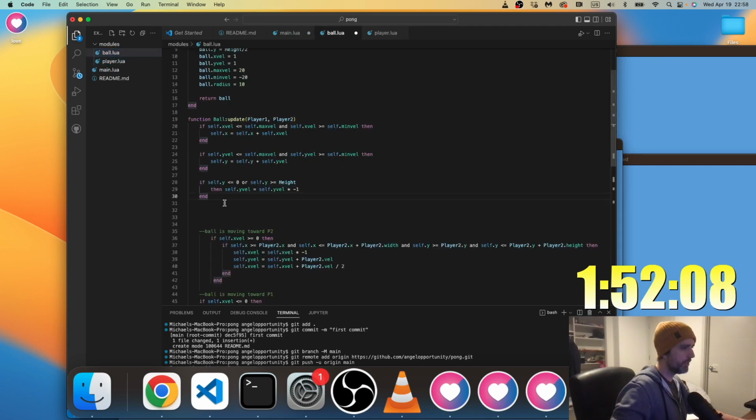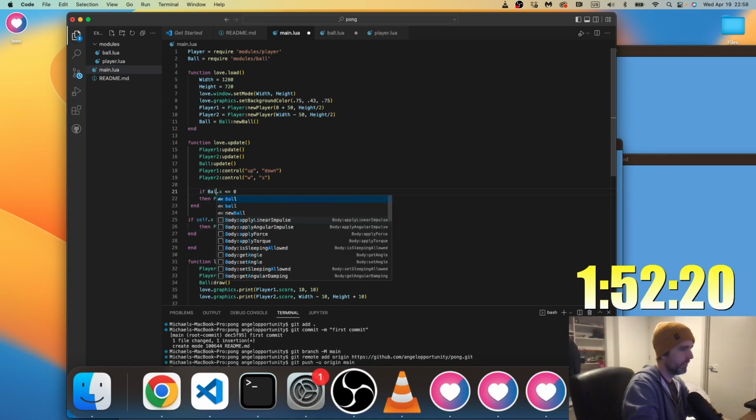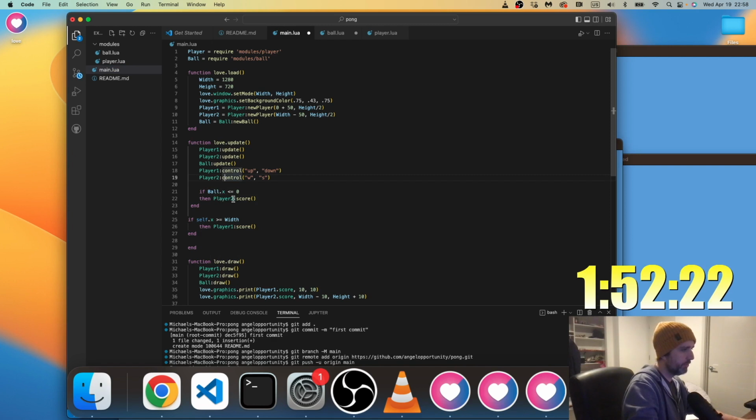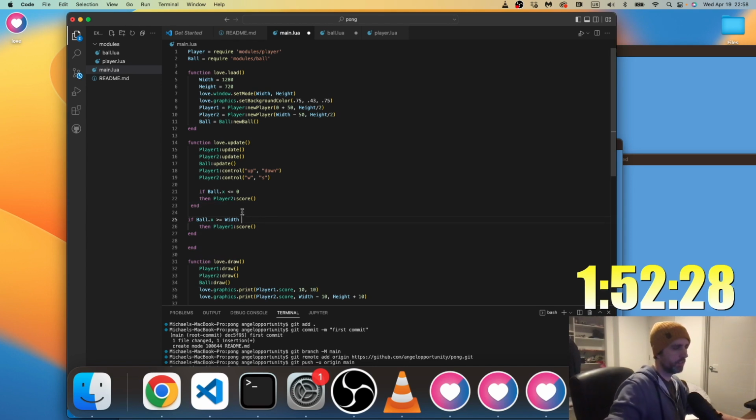But yeah, this isn't a good way to handle this, but I'm gonna do it this way. Oh man. Just make it global in the update loop so that I have access to all of the stuff here. Ball and player to score, if ball at X. No, dude. Okay.